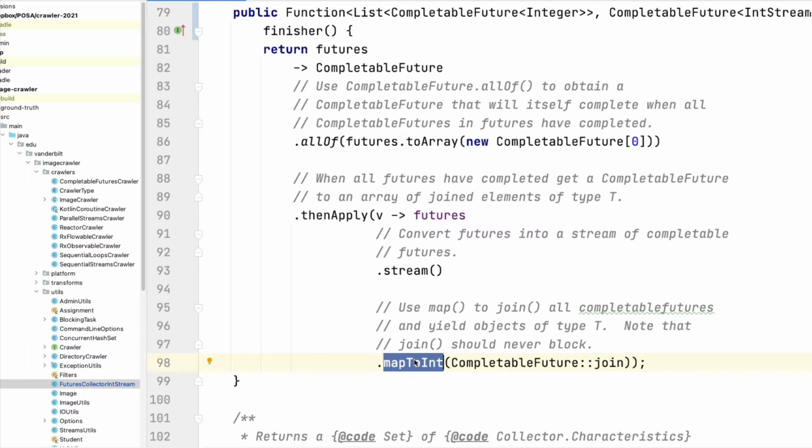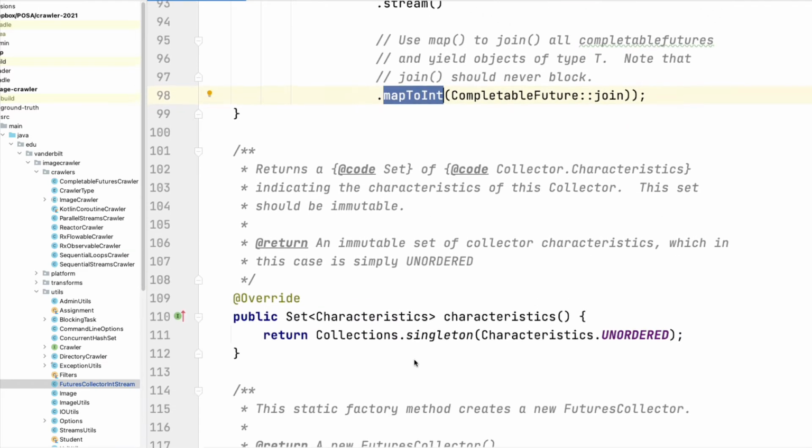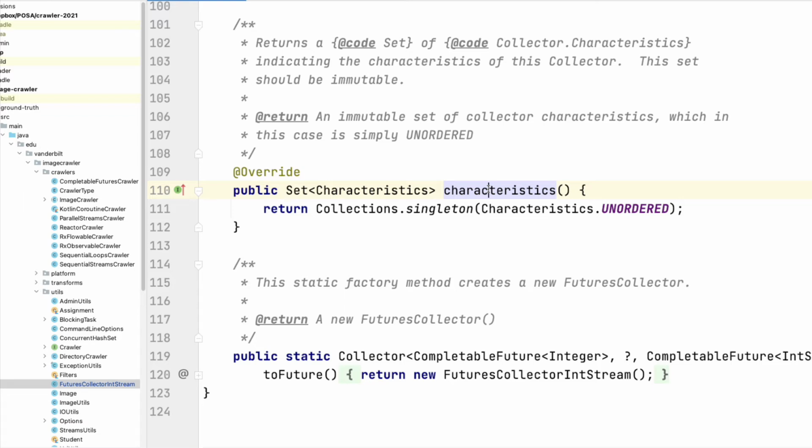And you'll see it's going to make it much cleaner and neater once you understand the concept of collectors, in the context of things that use the completable futures framework and the allOf operator to aggregate and concentrate all the asynchronous processing behind a single completable future that only triggers when all the asynchronous processing is done. And then again, you can see we just have the characteristics method that says we don't care what the ordering is, and we have the toFutureFactor method that makes a